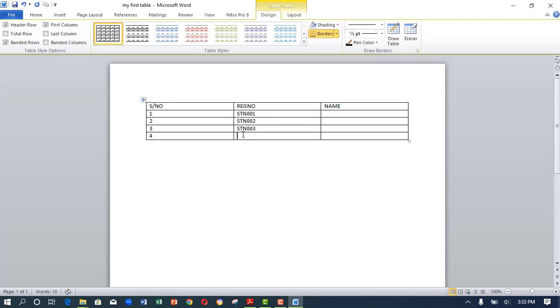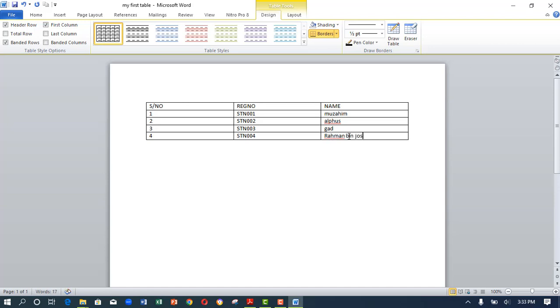Okay, and lastly it is STN004. Okay, then the name we can say Zahim. First one we have Alphas. We have Gadi, and we have Rahman